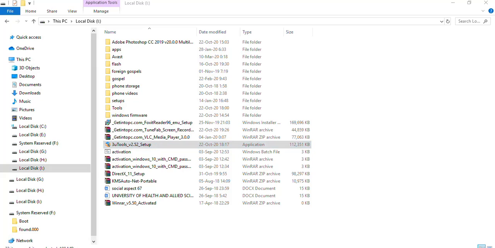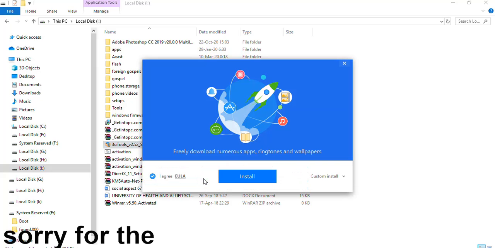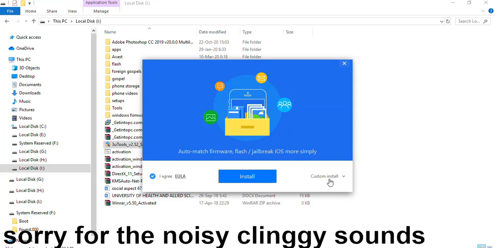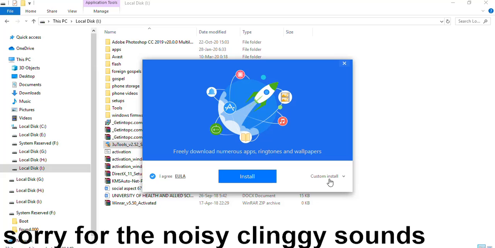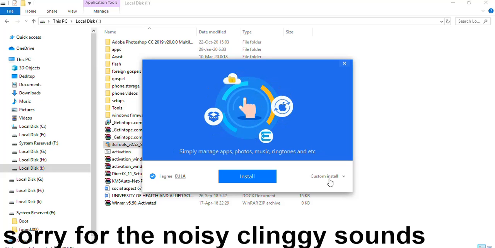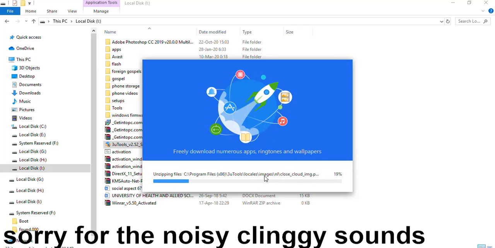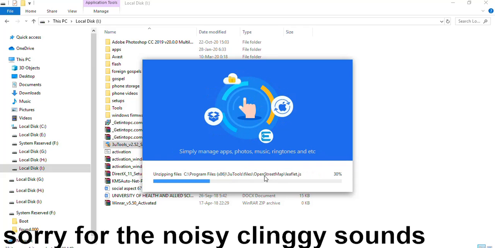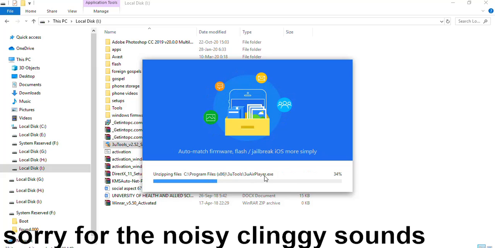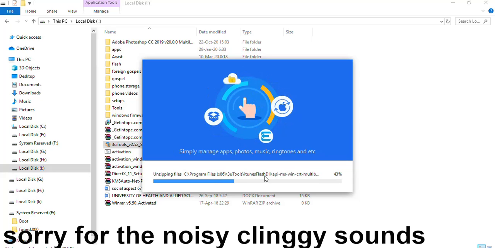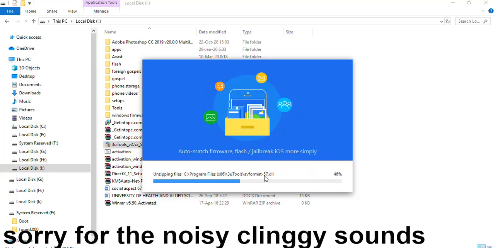Okay, then you go to yes to this, then this appears. Okay, already our agreement has been checked for us, and we are going to do a custom install, so that we'll be able to use everything as normal as it will be. So you go straight and click on install, so that we can be able to install the 3U2 apps on our Windows machine. And this will actually help us to use the iPhone and then our Windows laptop very well, where we'll be able to share files